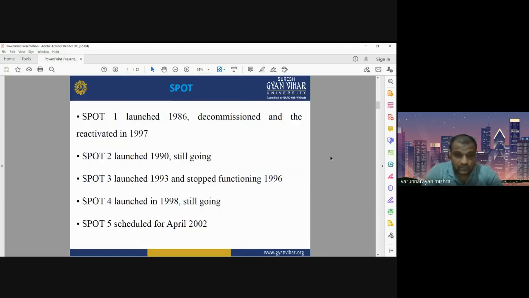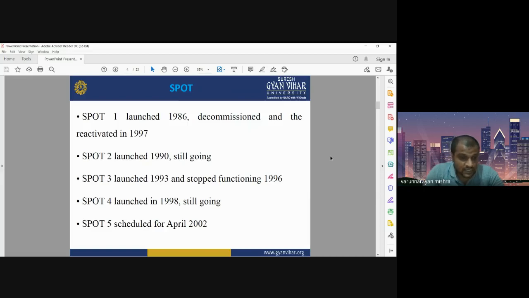There is a series of satellites, like you must have heard about the Landsat series. In the same way, there is a Spot series. The first satellite of the Spot series was launched in 1986, and it was decommissioned in 1997. The second satellite was launched in 1990, which is still going.